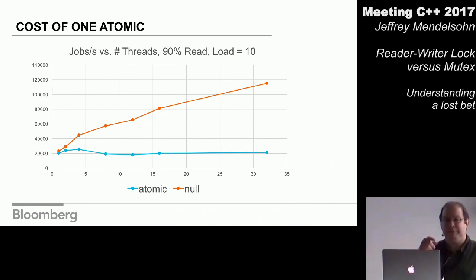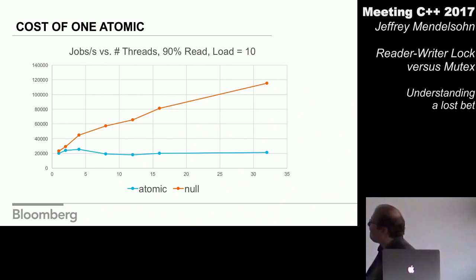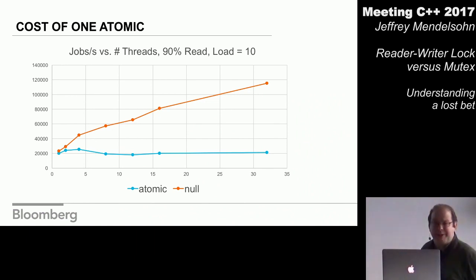Yep. So just to repeat that so I understand, that's essentially just the cost of the CPU pushing those writes through to all caches, which destroys the scalability here. Yes. Doing the atomic write invalidates the cache line. It means it has to be reloaded on all the cores. I didn't test whether having more cores makes that worse in some sense, because I guess it could. But on this box, these are the results I got. Does that explain that? Yeah. Is it surprising? It is. I thought so too. It blew me away, to be honest.